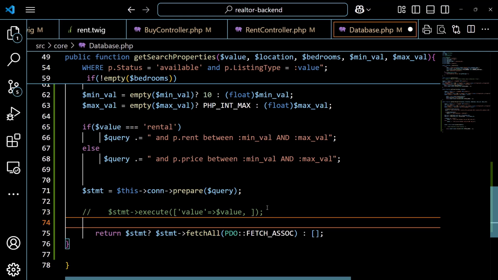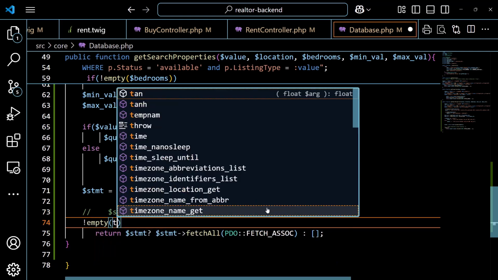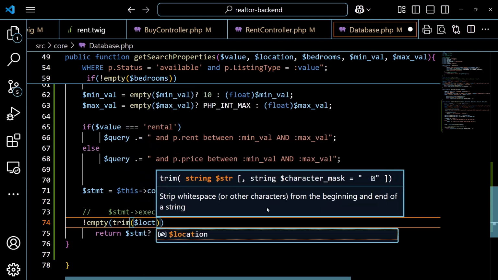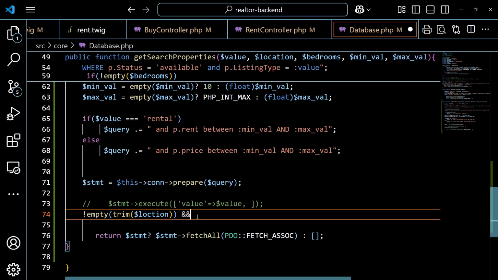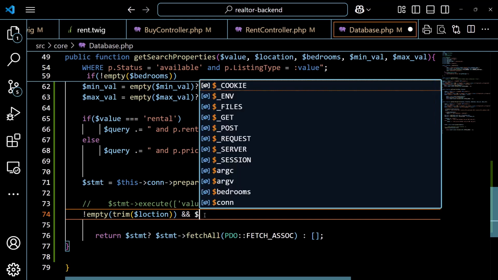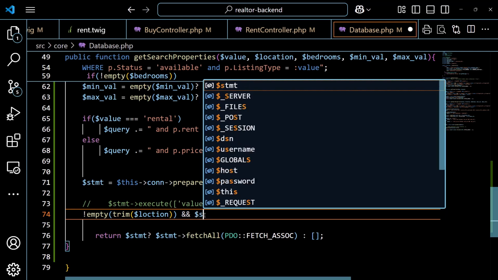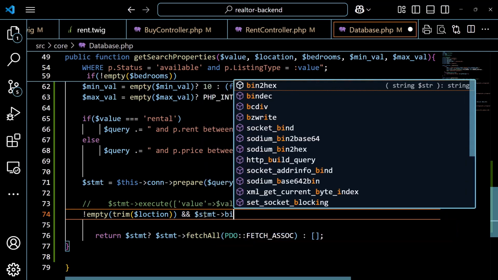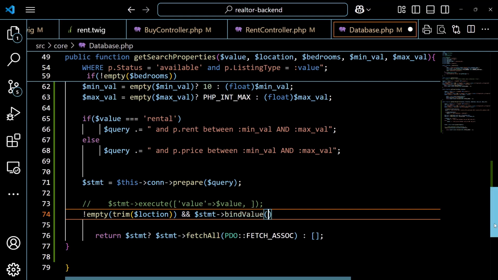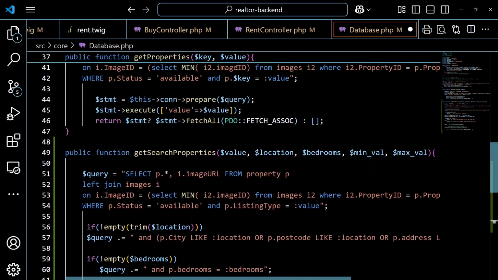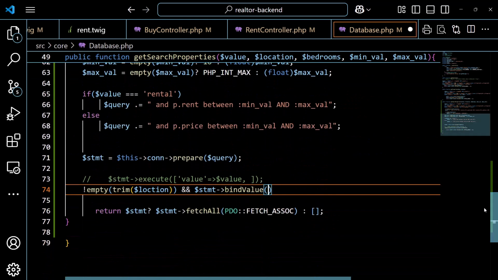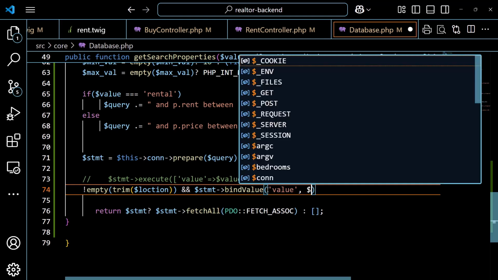But this time I'm going to change the approach because we have to check if they are empty or not. So if not empty, after trimming location, we are going to use the &&. This approach is called a short-circuiting conditional. If this part is true, then the following will be executed, otherwise it will not be. The following in our case is going to be providing the value with bind value. So statement, let's use bind value. We are going to start with the first placeholder, the name of the placeholder is value,